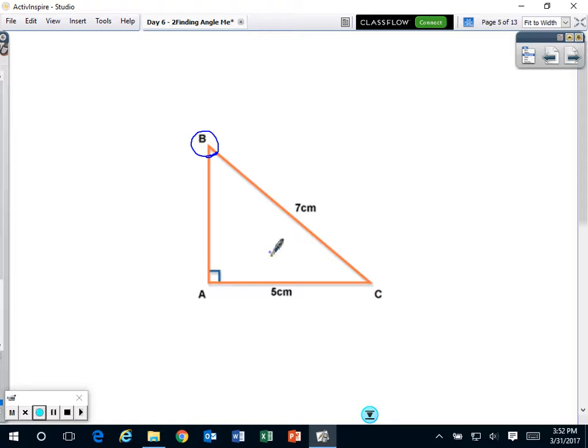So from angle B as my reference, this would be my opposite side. Hypotenuse is always across from your 90-degree angle, and this is my adjacent side. So for angle B, we'll work on angle B on this side and angle C on this side. For angle B, we have to look and see, what two sides do we know? We know the opposite side is 5 and the hypotenuse side is 7. So from our SOHCAHTOA,